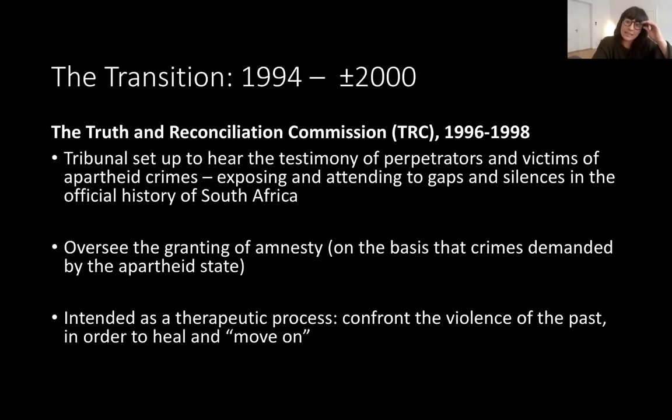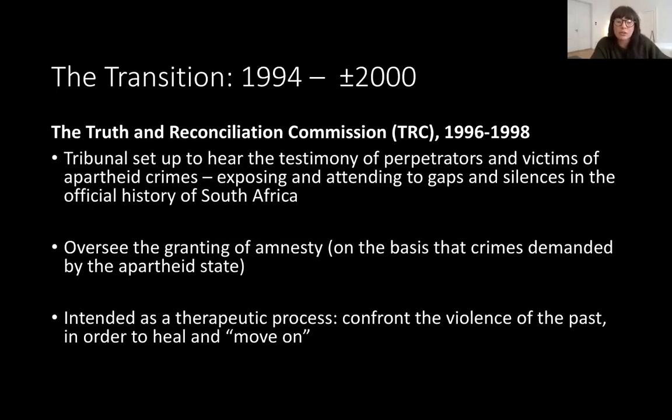So the idea is that in providing space to articulate the traumatic histories of apartheid, the TRC would allow the nation to confront its past and the violences of the past, and then heal and do something like move on, which is a key concept in the way that I go on to think about the transition